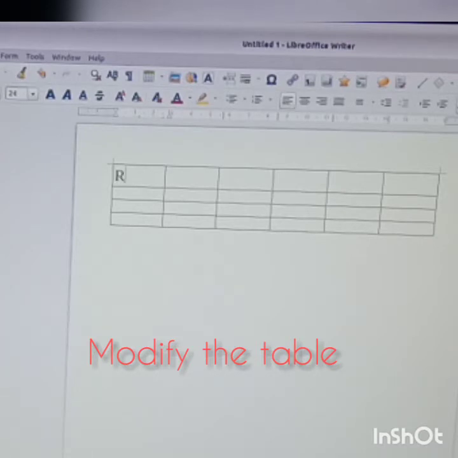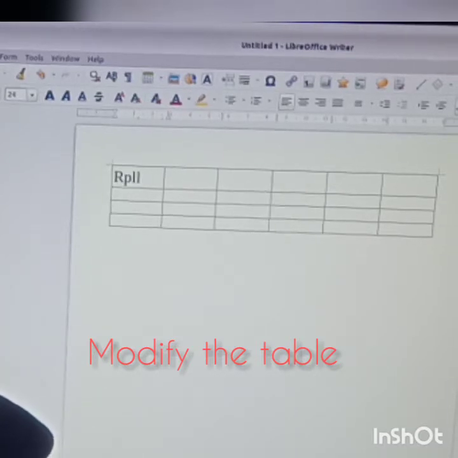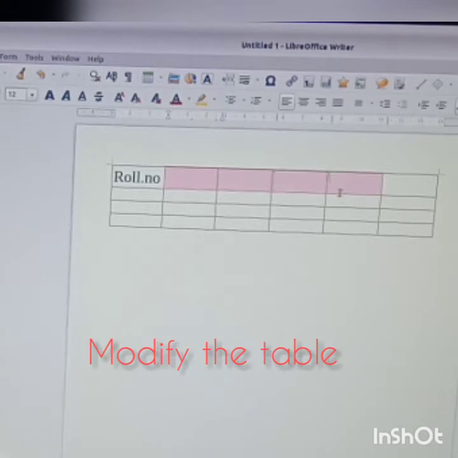And write roll, R-O-L-L, roll number. So this is for roll number. And the next part will be name. For the name also we will select all these cells and make the font size 20.